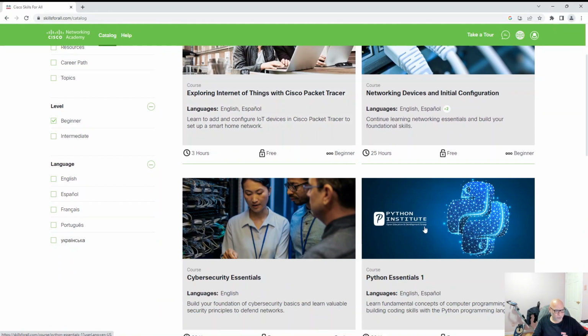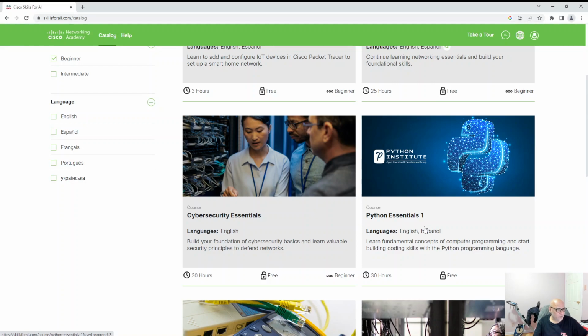So those of you who are interested in programming, there is a course in Python, which is for beginners. You don't have to have previous knowledge of programming. Basically, this course prepares you for Python Institute certification. It's a good course, and even if you don't want to be a software engineer or developer, and this is not your path,